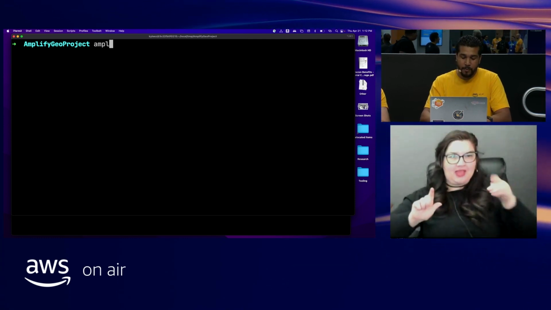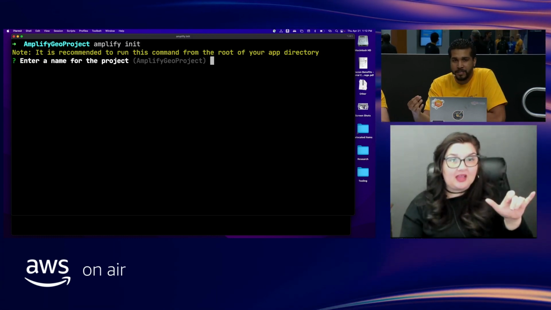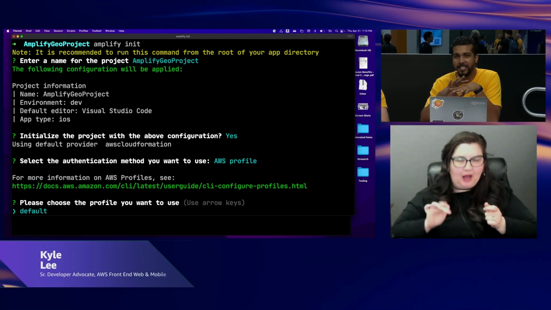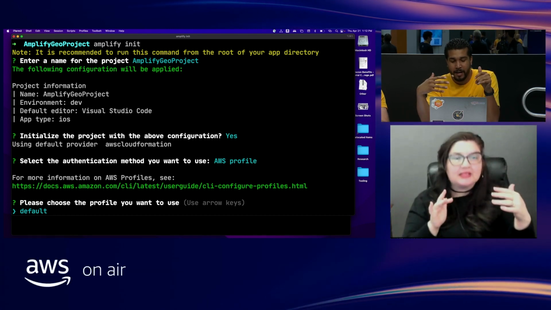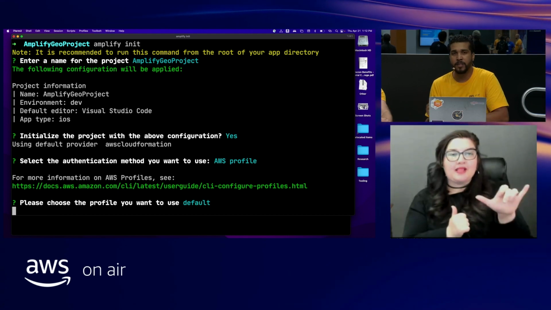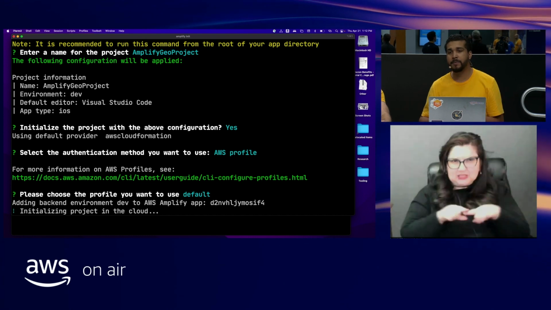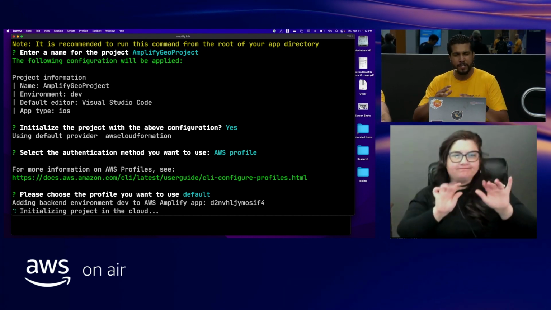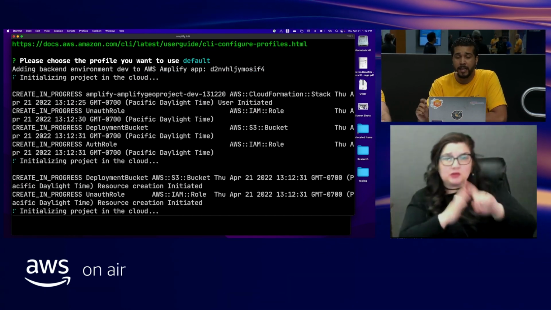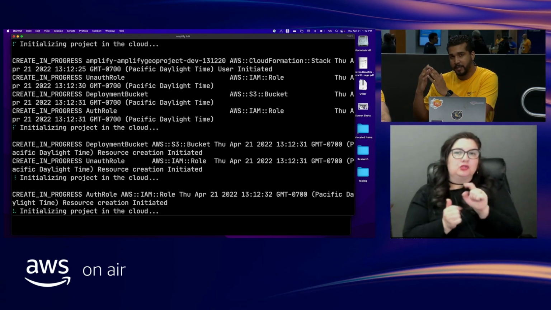We're going to start off in the terminal with the Amplify CLI. In order to get started, you're going to run amplify init, and that's going to kick off a series of configuration questions. I'm going to spam through these and hit enter a couple of times to start a brand new Amplify project. We're going to enter all the default values, and you can take a look at my screen to see some of the questions it's going to be asking. At this point, it's all normal. Every time you start an Amplify project, it's always going to be the same. You're going to run amplify init, unless you're doing something like Danny mentioned in the previous session, where you're coming from Studio and you create your Amplify project in the backend.